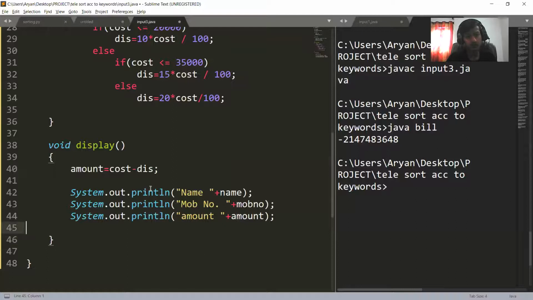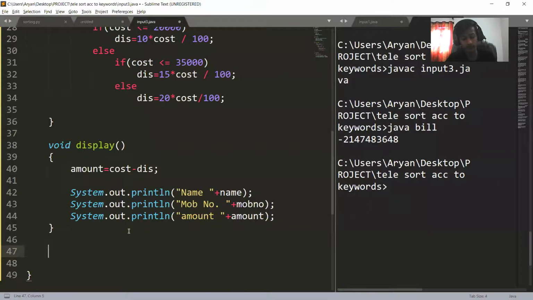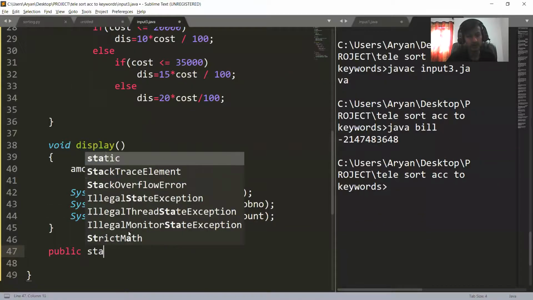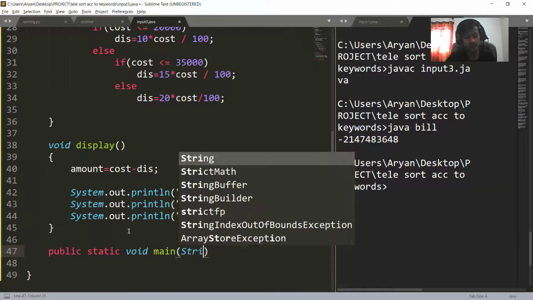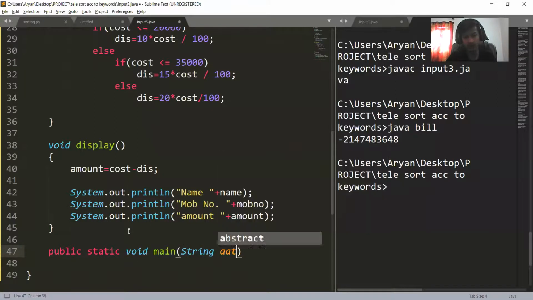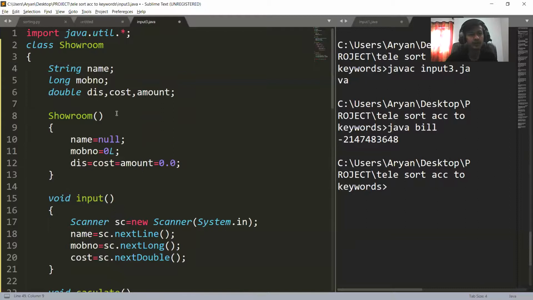Clear? Now the next thing that our program is saying, write a main method to create an object of the class and call the above member methods respectively. So now what you'll do, you'll create a main method, public static void main. Instead of 80, you can write any name including your friend's name. Now what we'll do, we'll create an object of type showroom.